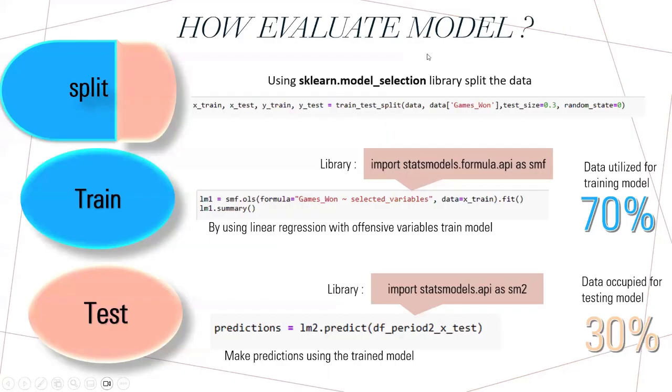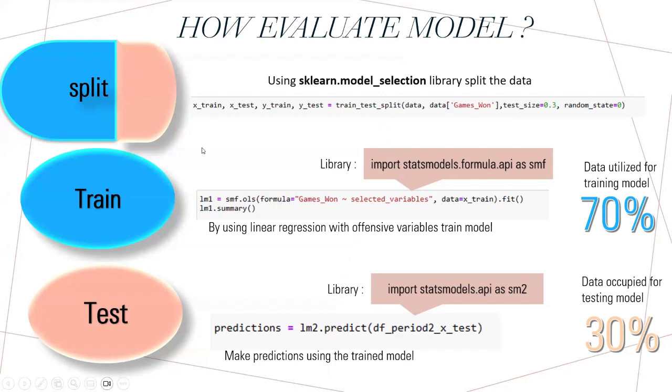How we will evaluate our model. First, we need to split our data into training and testing. 70% of the data will be utilized for training our model and 30% will be used for testing. In order to split our entire dataset, we will use the scikit-learn library and the train_test_split function for